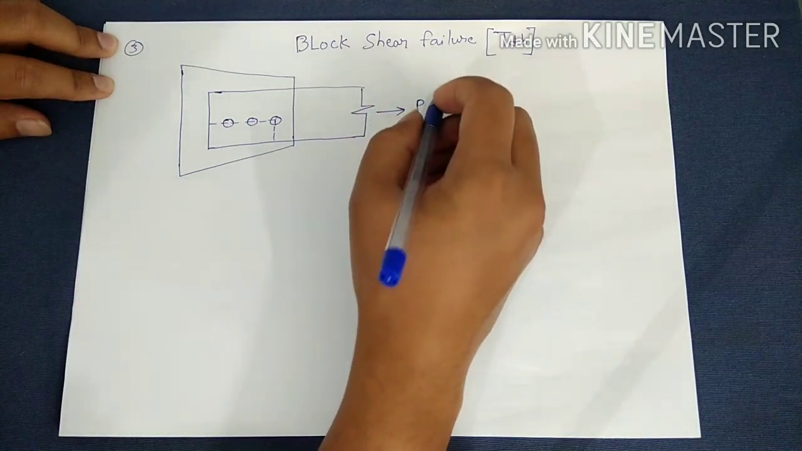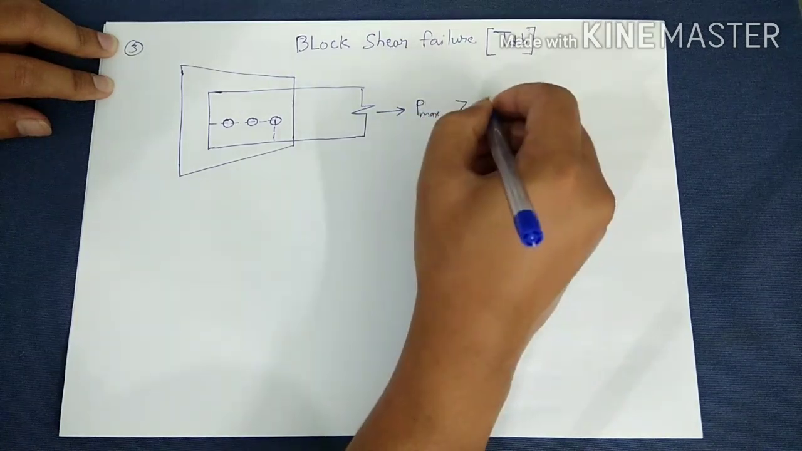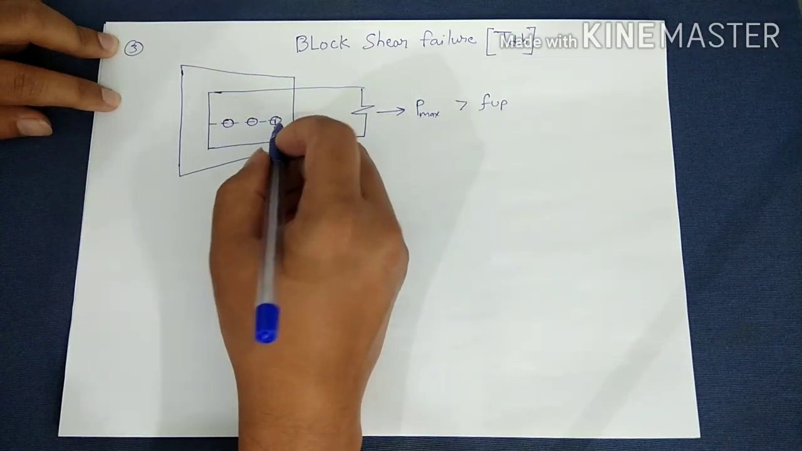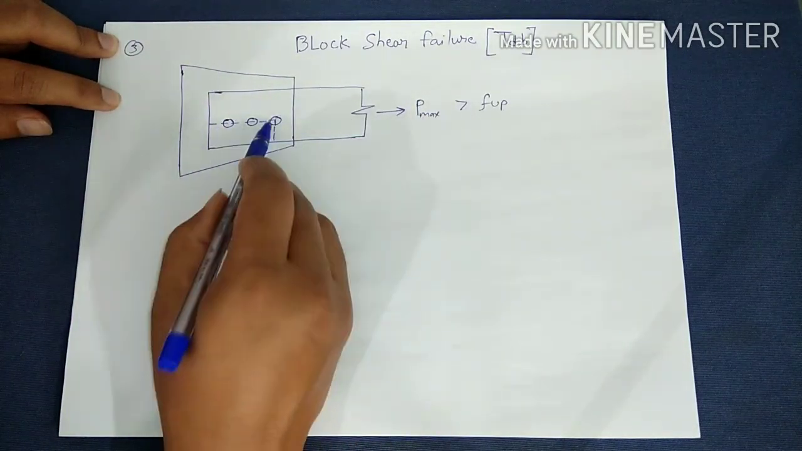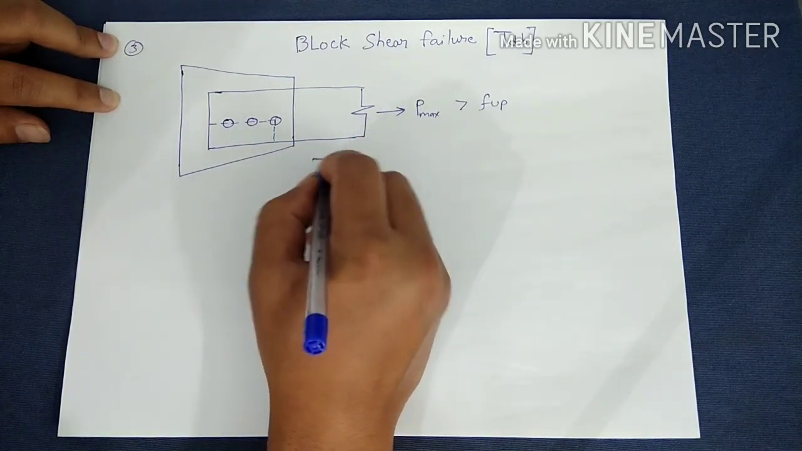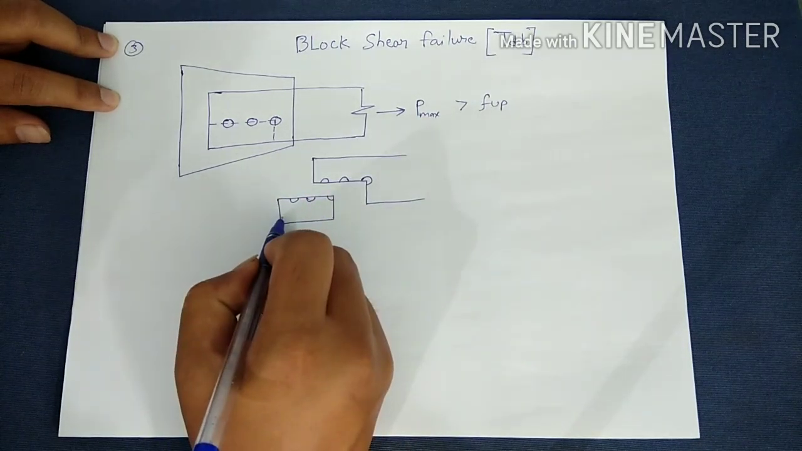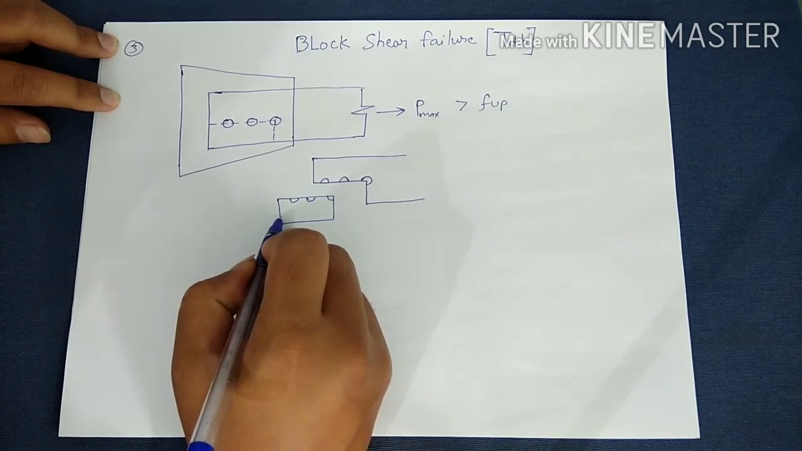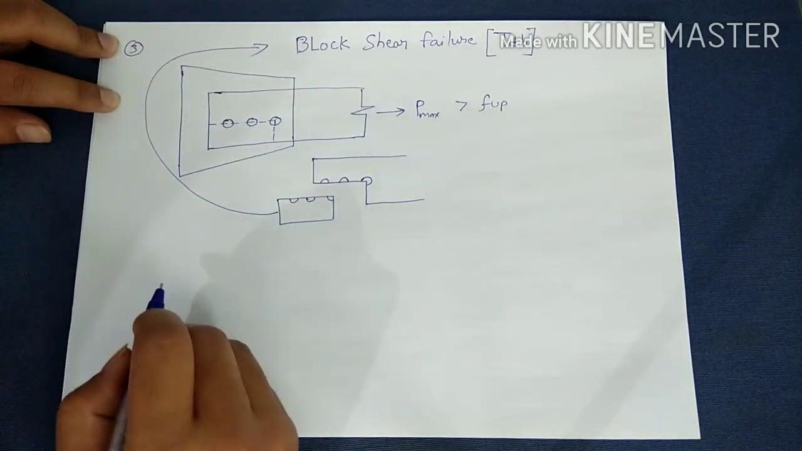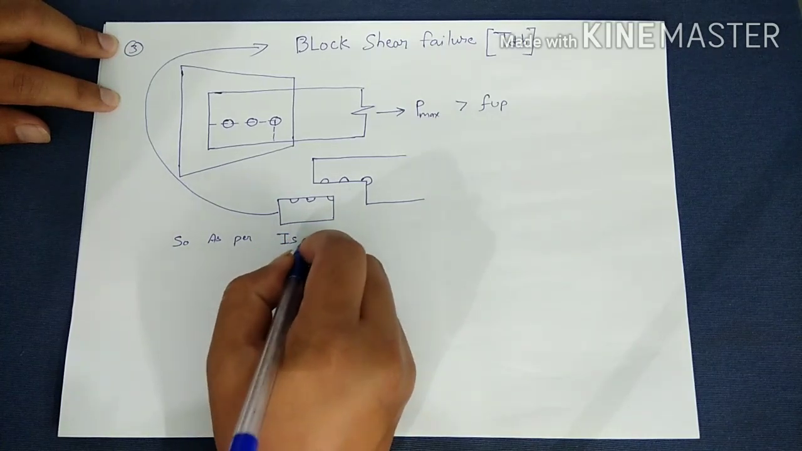So when Pmax exceeds the ultimate strength of the plate, then this member detaches from this part. It will look like this. As this block shape is left behind, this type of failure is known as block shear failure. So as per IS code,